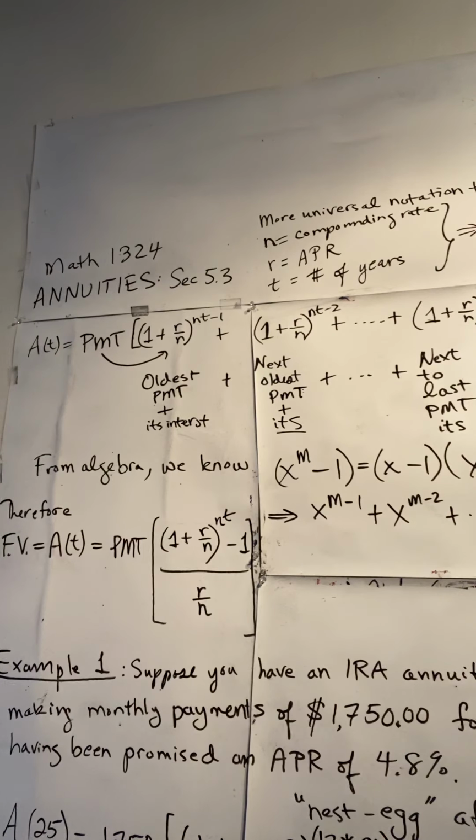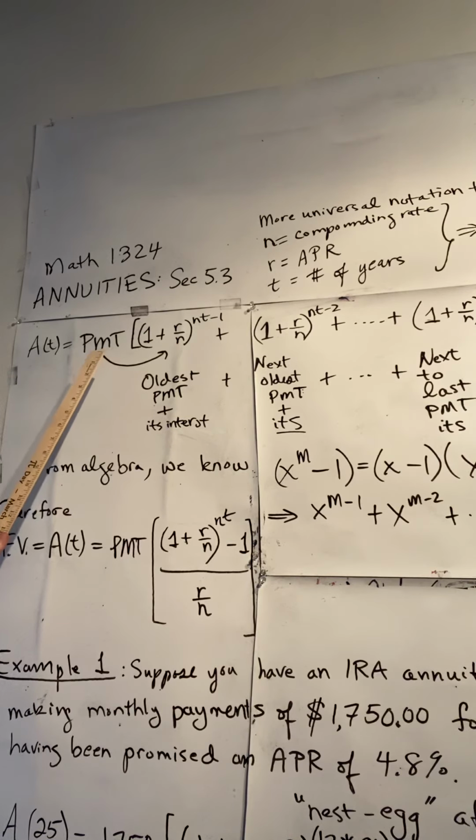Annuities are like the only way to grow money faster than mere compound interest. Annuities are like having a compound interest account, but instead of just putting a lump sum in at the beginning and walking away and coming back after 20 years and seeing what's there, you keep pumping more money into the account, and each payment that's put in is accruing as much interest as it can over the course of the annuity, right? So for example,